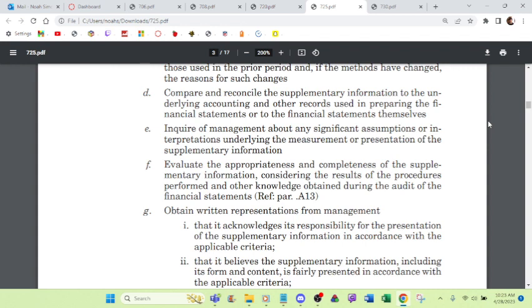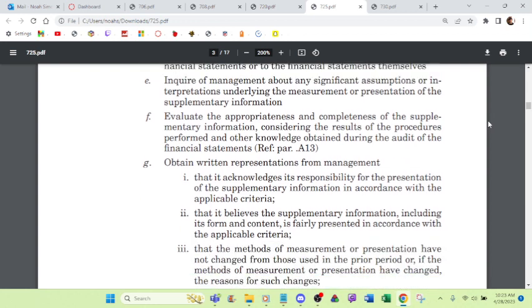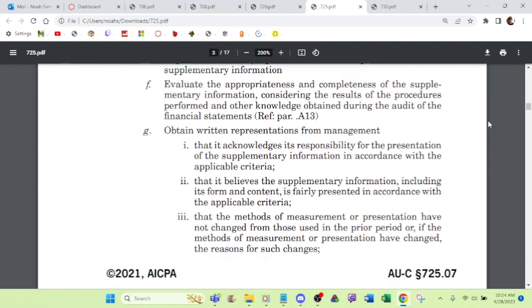Compare and reconcile the supplementary information to the underlying accounting and other records used in preparing the financial statements or to the financial statements themselves. Inquire of management about any significant assumptions or interpretations underlying the measurement or presentation of the supplementary information. Evaluate the appropriateness and completeness